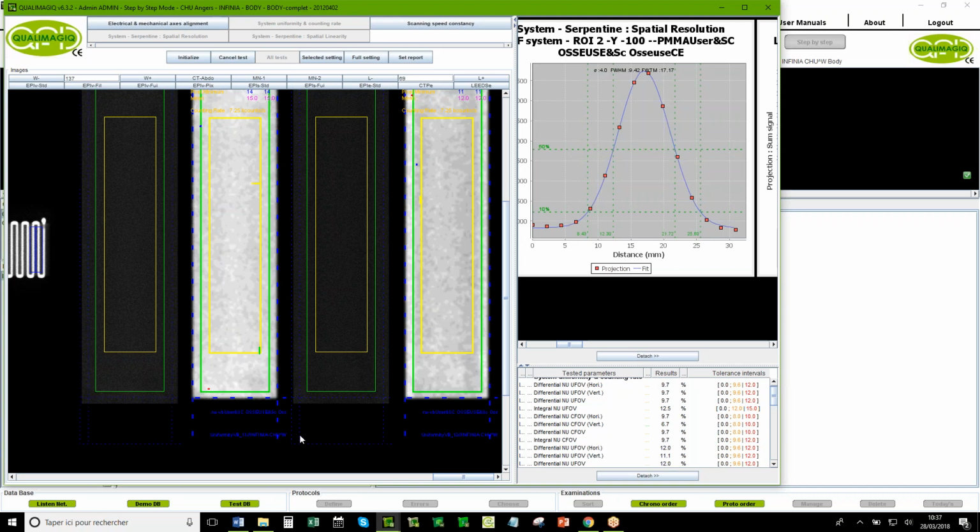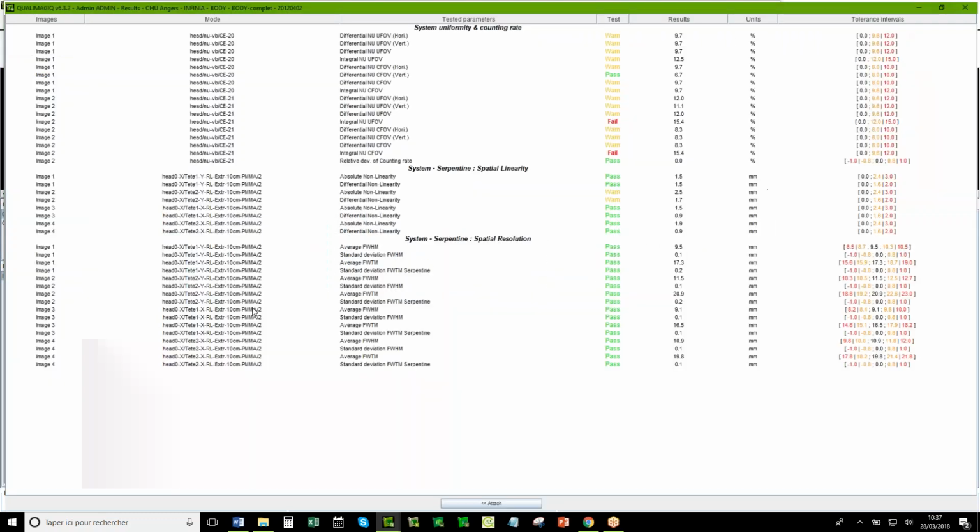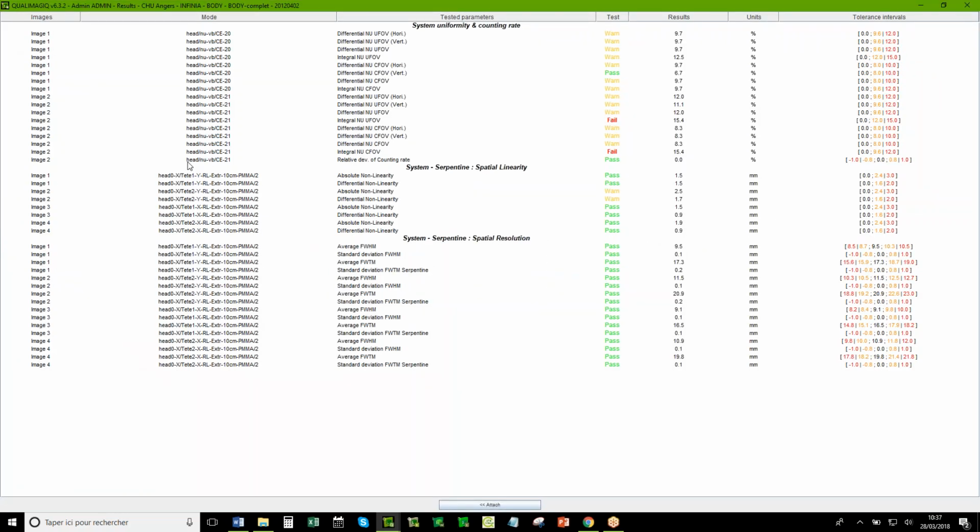After, the uniformity is the same. It's only the size of your field of view, only that changes. And here, if you see, they test only one head.